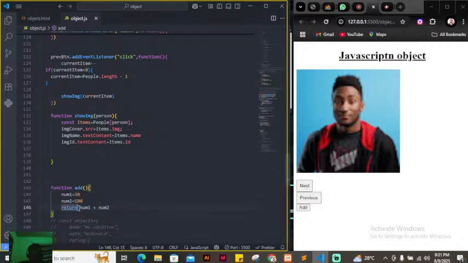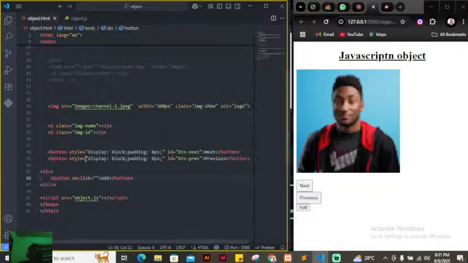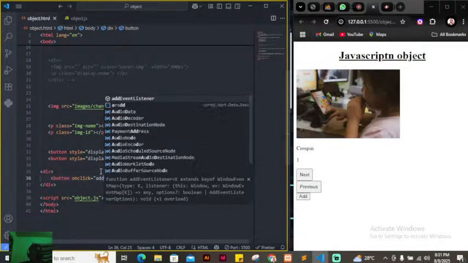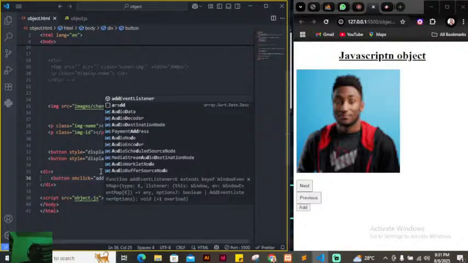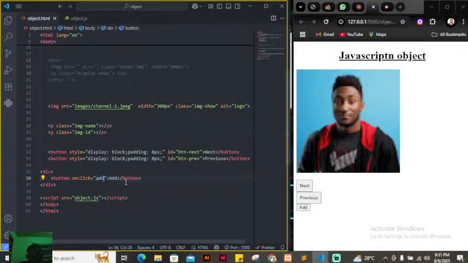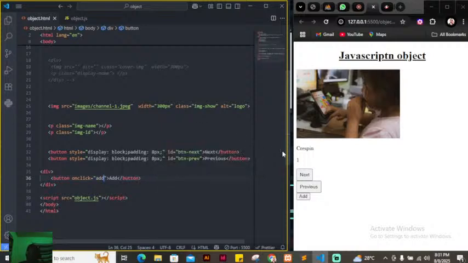Now I want to trigger this particular function directly in my HTML. I will just call this on click here. I'll call the function name. What's the function name? The function name is hard. So if I pass in this function name, which is called hard there, and I click on this button,